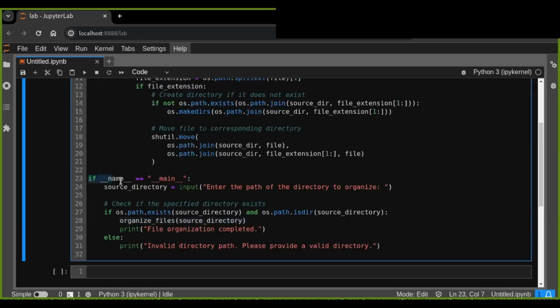Now let's explain the main block. This block is executed when the script is run directly. It prompts the user to input the directory path that the user wants to organize the files in. It also checks that the specified path exists and is a directory using the os.path.exists function and the os.path.isdir function. If the path exists and it is a directory, it's going to call the function organize_files,